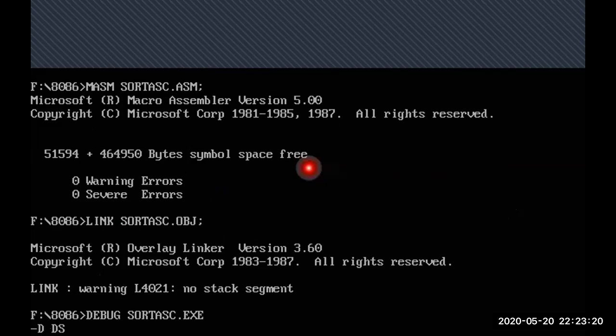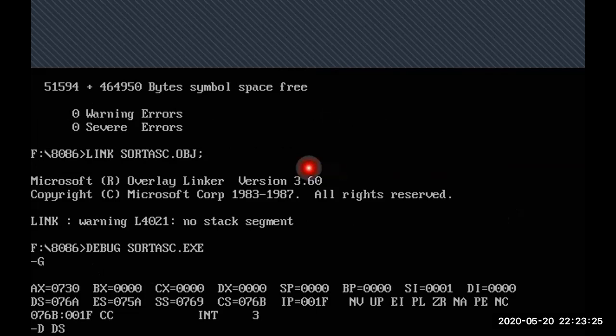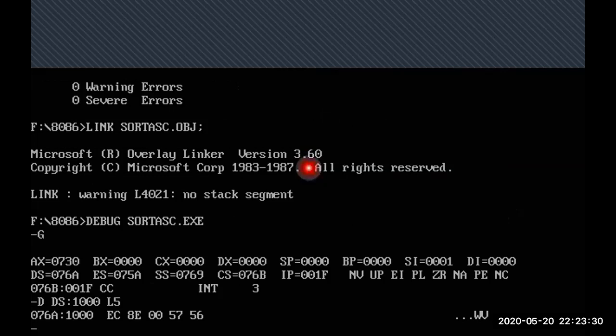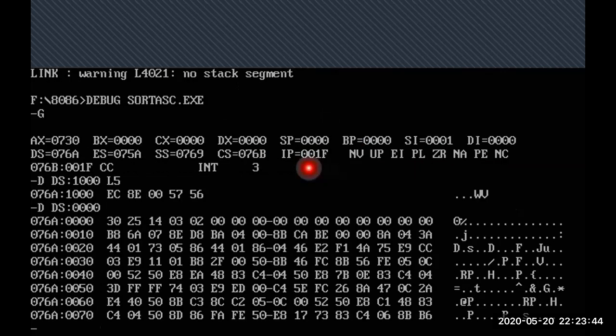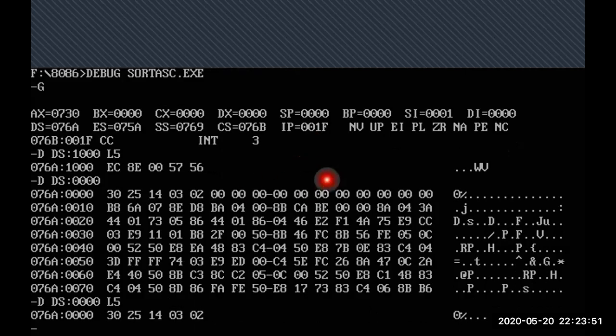Then you have to execute the program, G. D space DS colon 0000, that is our initial address. See here, d space ds colon 0000. I want to see only 5 values. See here, this is arranged 30, 25, 14, 3, 2.